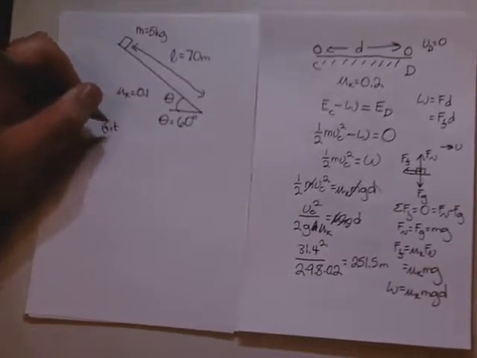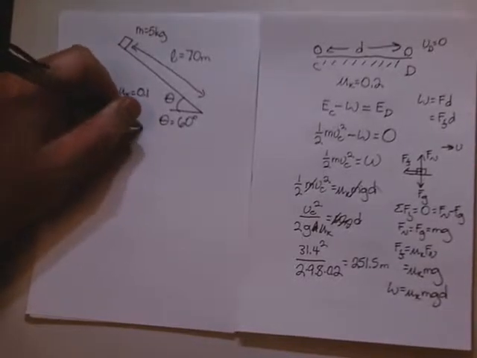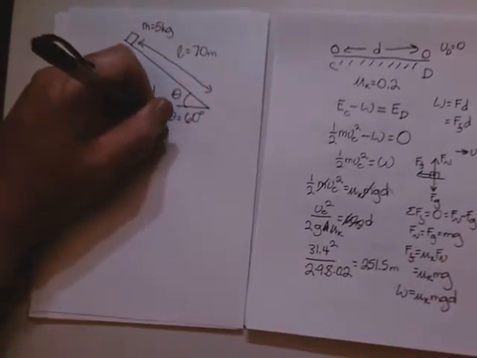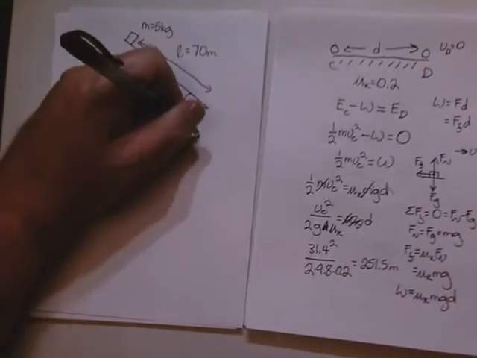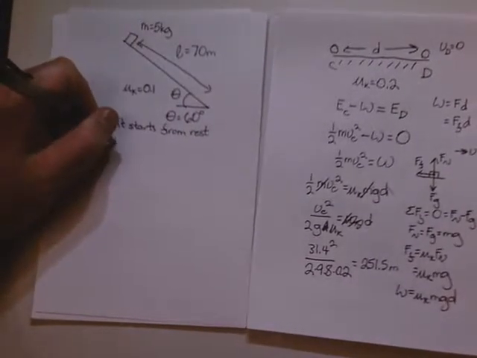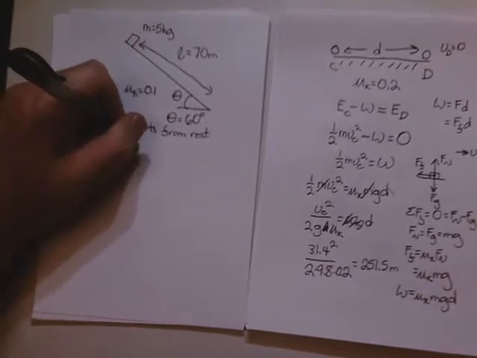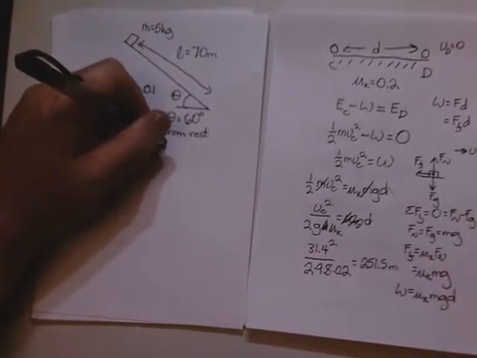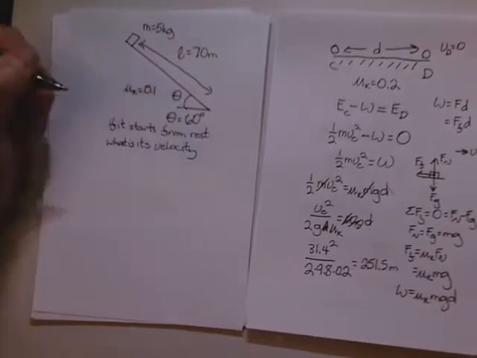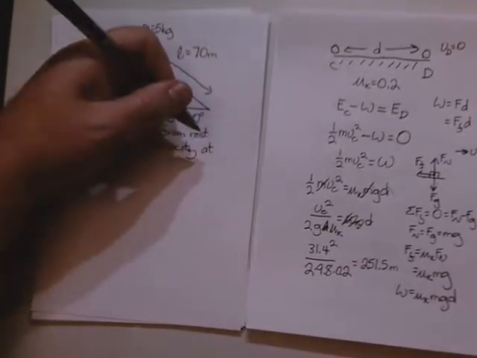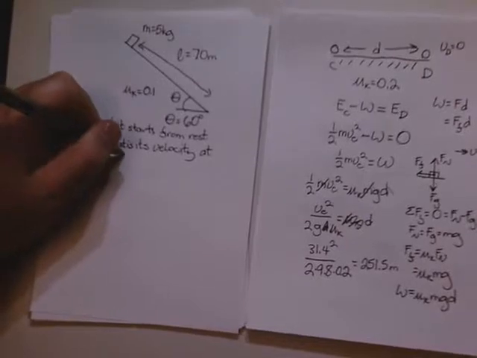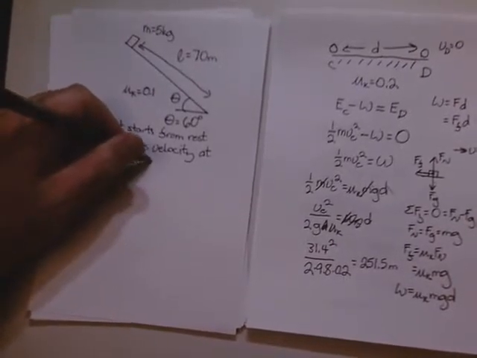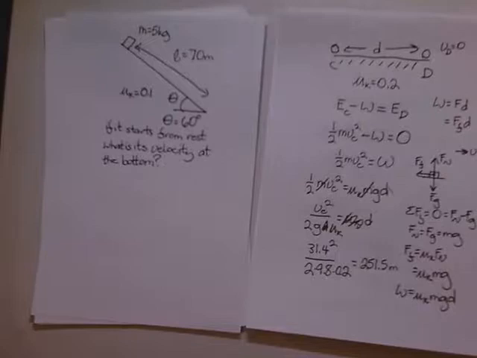If it starts from rest, what is its velocity at the bottom of the hill? And really, if it gets to the point where he goes, you got an inclined plane, and